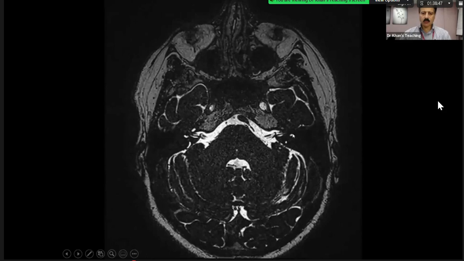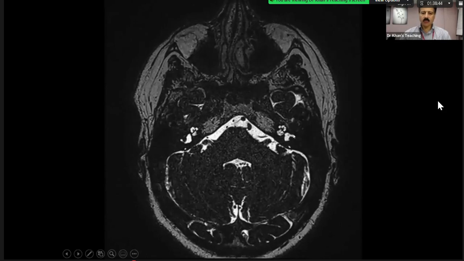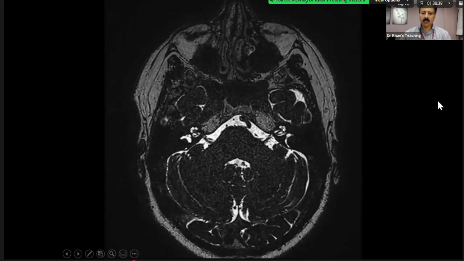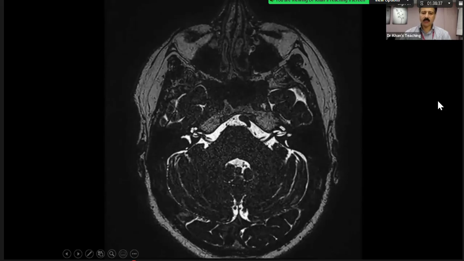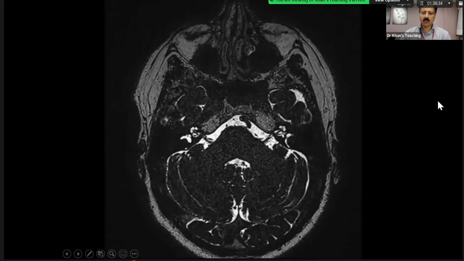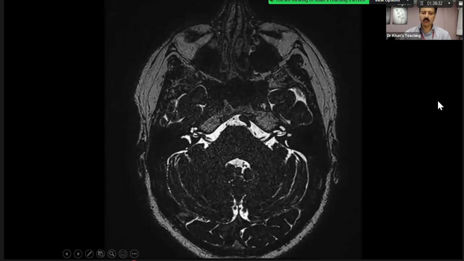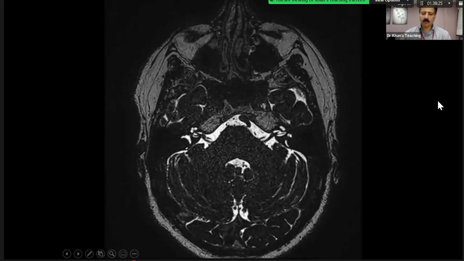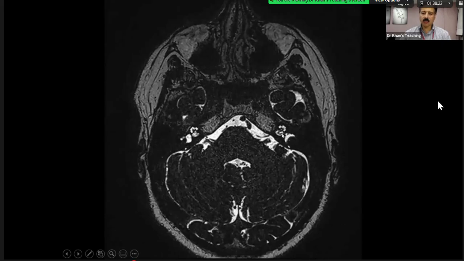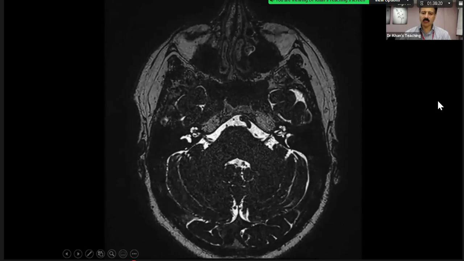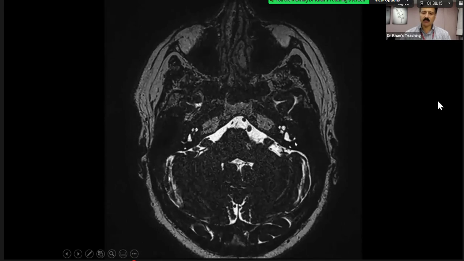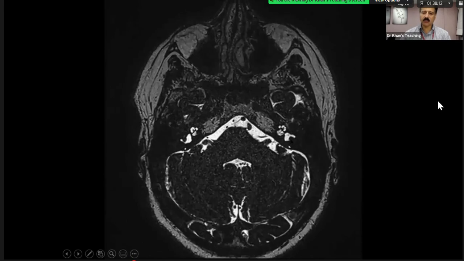But let's go to the IAM. Now, I have gone inferiorly, and this is the cochlea, and you can see this nerve going. On an axial slice, there will always be partial voluming. You are not very sure what is what, but you are sure that this goes into the cochlea. Then there is a nerve going here, and this goes posteriorly, and this is the vestibule, and this is the lateral semicircular canal, and the superior and the posterior.